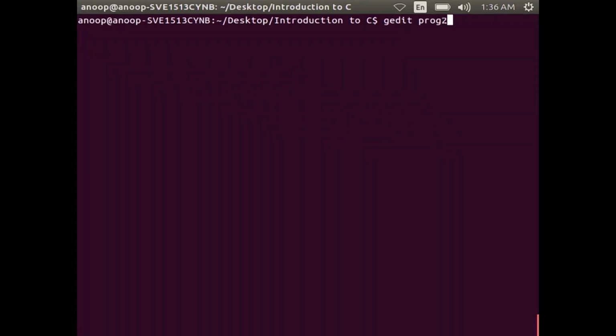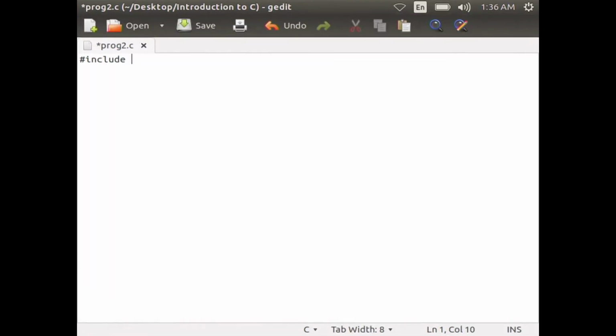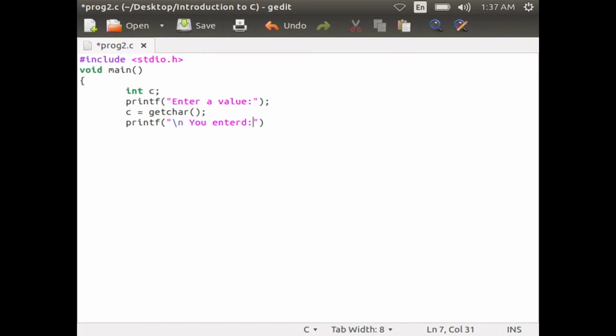First you type this program: #include <stdio.h>, void main, then within the curly brace int c; printf("enter a value"); then in the next line c = getchar(); semicolon, printf("you entered"); putchar(c); then close the curly brace.